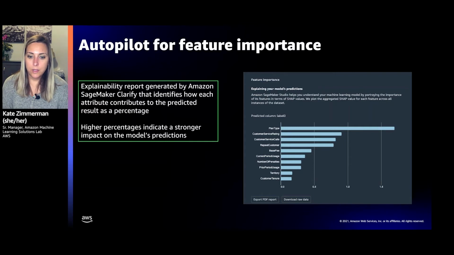So we can say that for the customer churn example, if their plan type is the biggest contributor, then it's not as important how long they've been with our particular company. It's not important how many minutes, let's say, they're using our service per month. What's most important is the plan type. And that's overwhelmingly biasing our predictions. That will be given to you in this report.